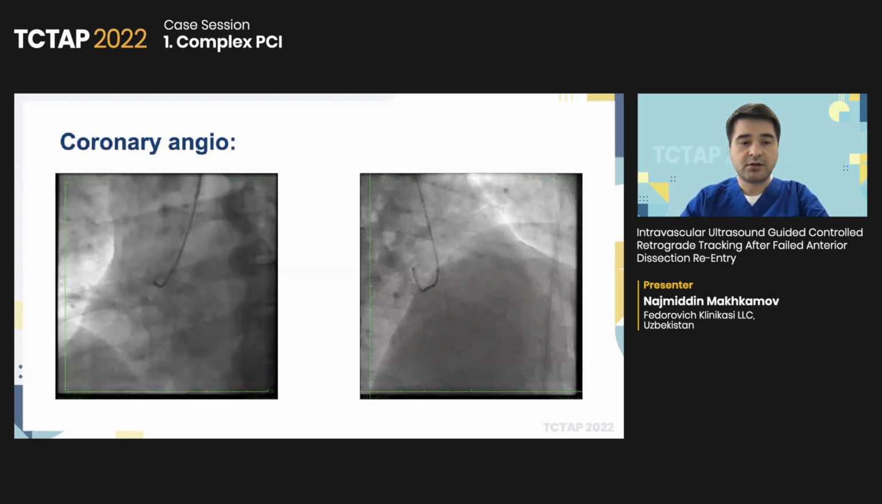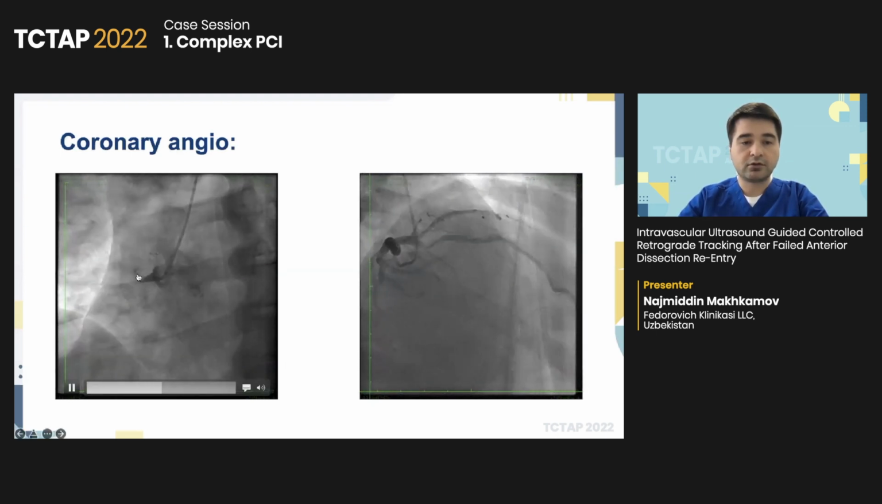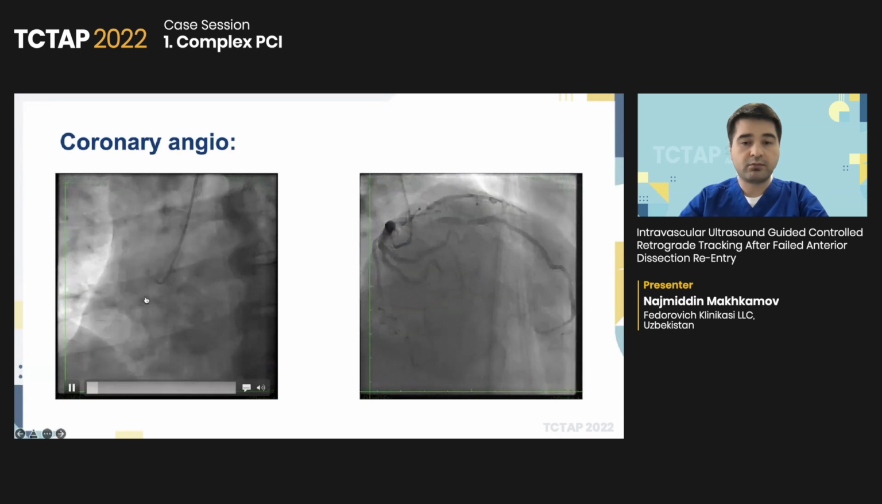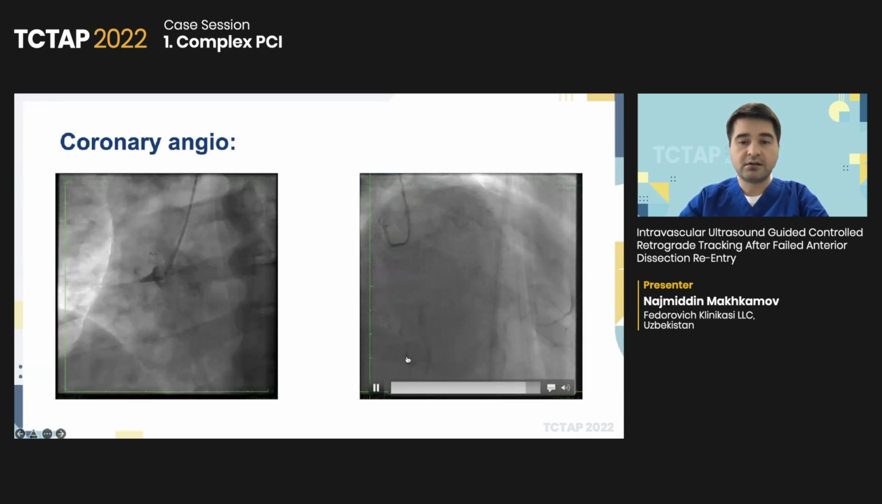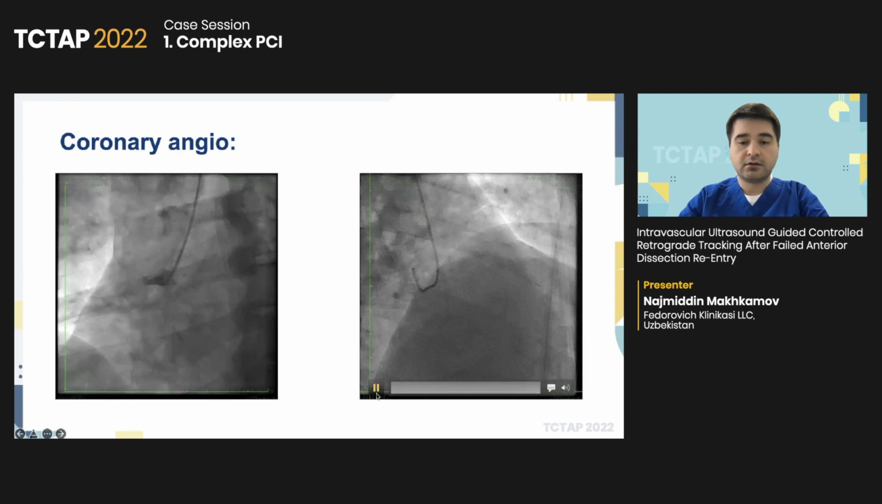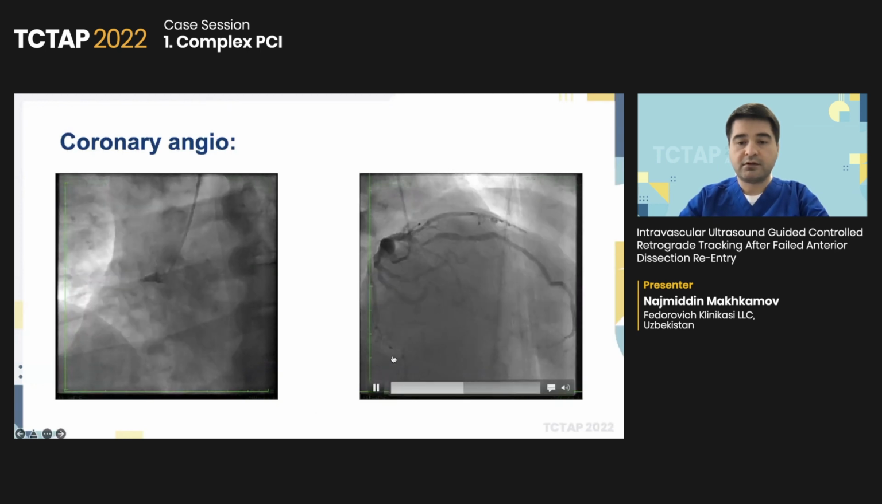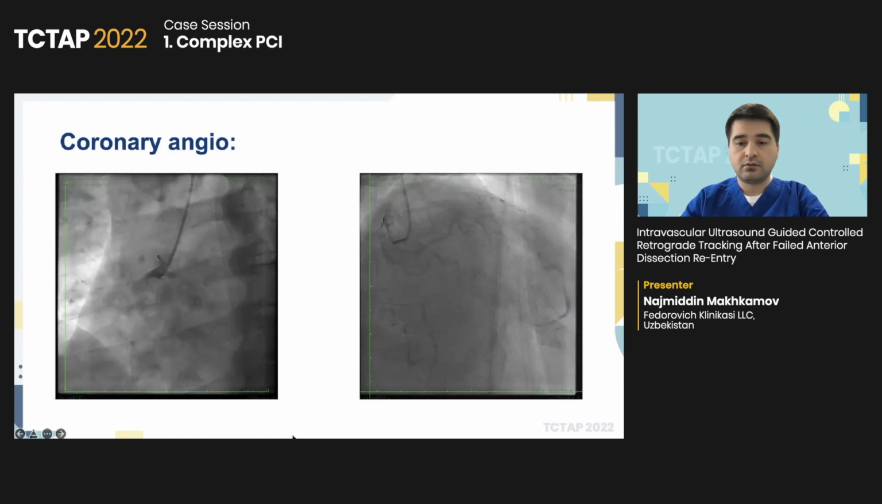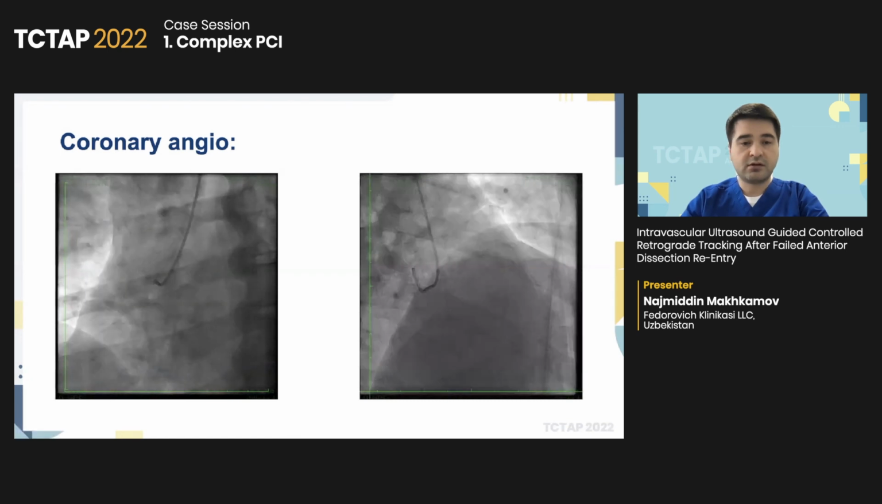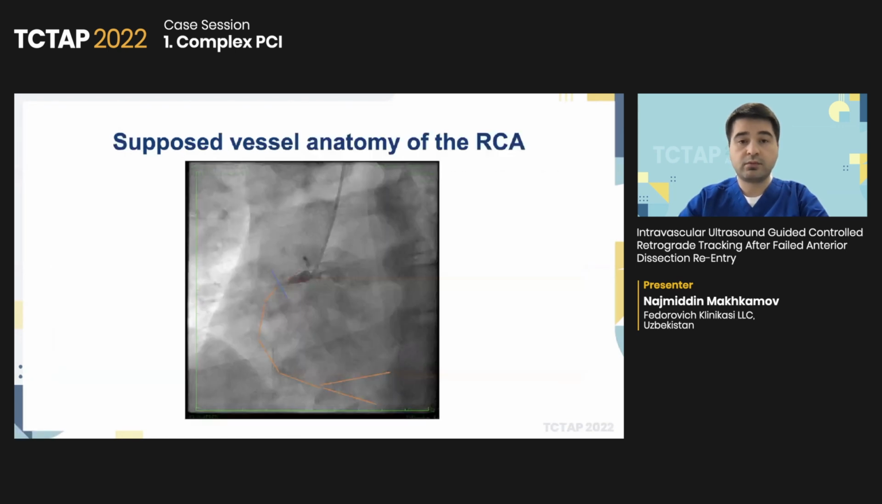As you can see, there is a total occlusion of the right coronary artery from the proximal side, and the distal, as we can see from the left coronary artery, there is a retrograde filling up to the proximal side of the right coronary artery. So we supposed the vessel anatomy of the right coronary artery to be typical,